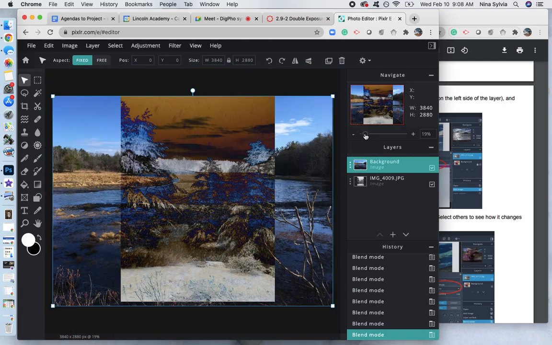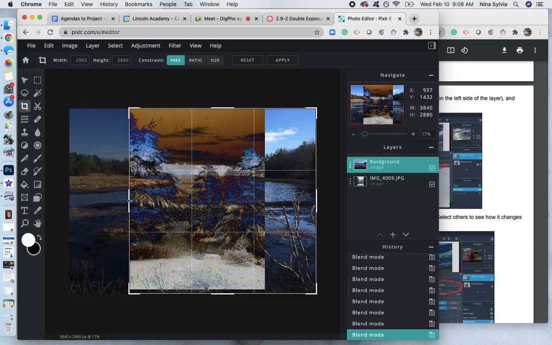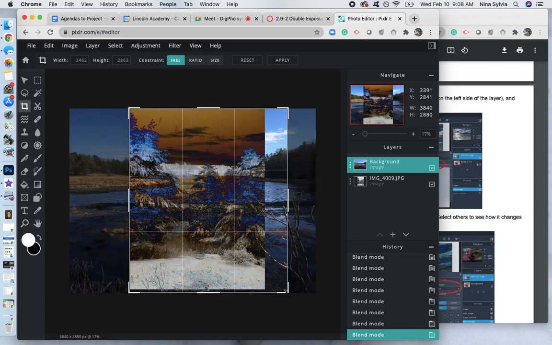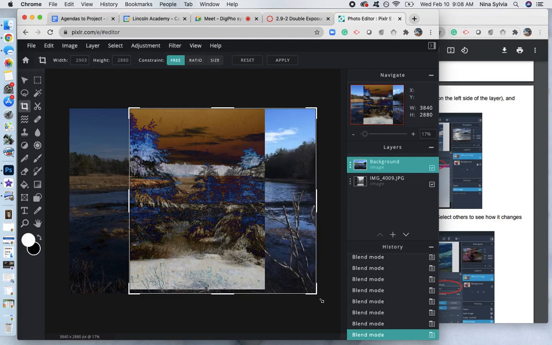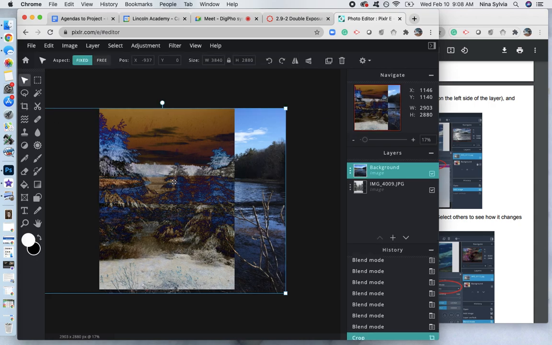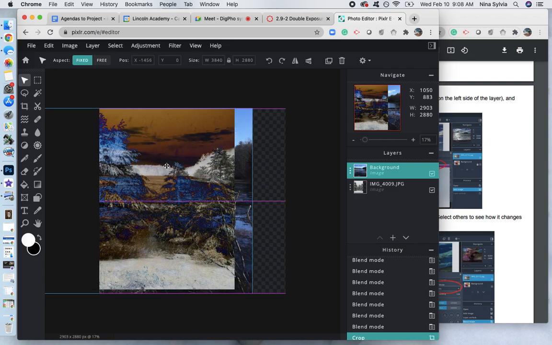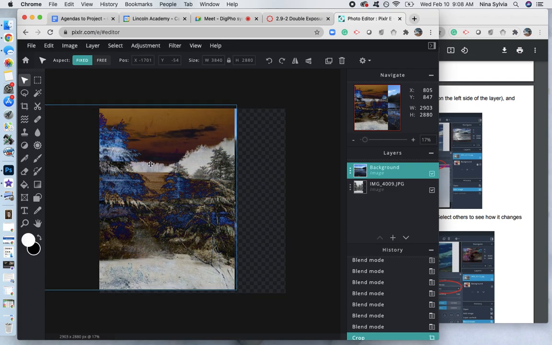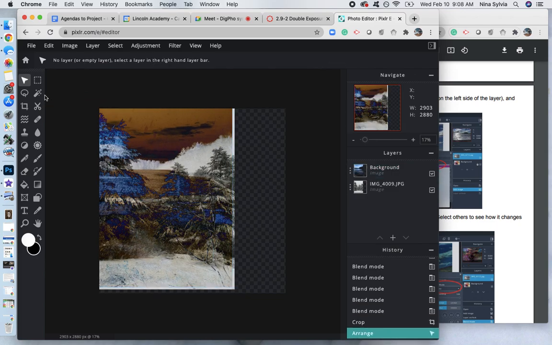So when you get everything in order, if you have extras around the edge like mine, what I'm going to do is just bring it in and crop it so that I'm only seeing the one part. But before I do that, I want to make sure that I've got this one in the right place. Because it'll change based on, ooh, there we go, get those branches in there. All right, so